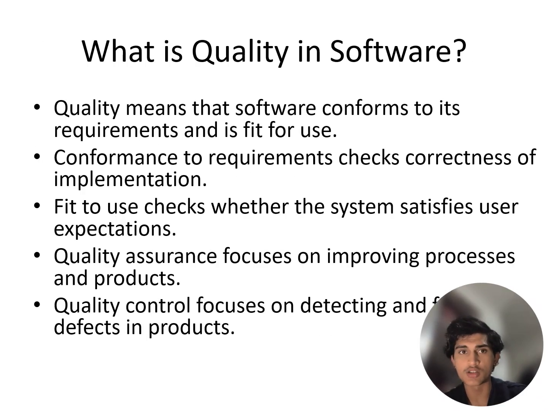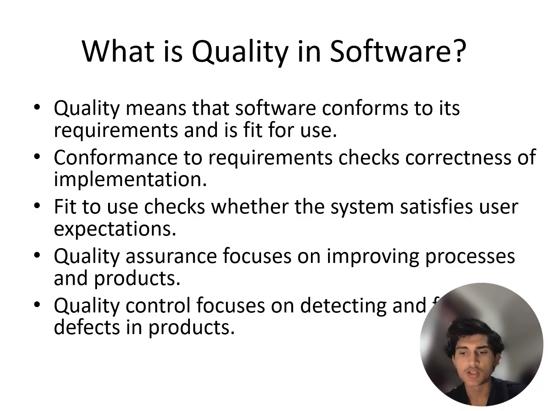What is quality in software? Quality means that software conforms to its requirements and is fit to use. A software should be fit to use for every user. If I'm a user and a developer at the same time, the software should be perfect and fit to use for me and whoever is using it. Fit to use checks whether the system satisfies user expectations or not, and quality assurance focuses on improving